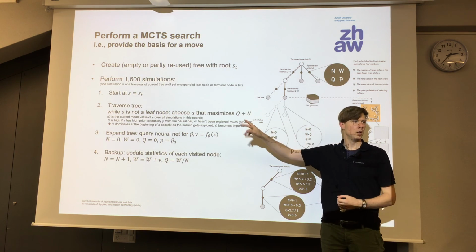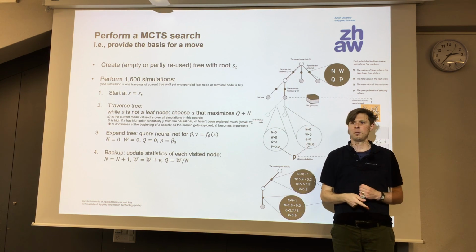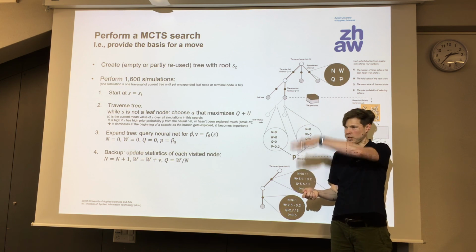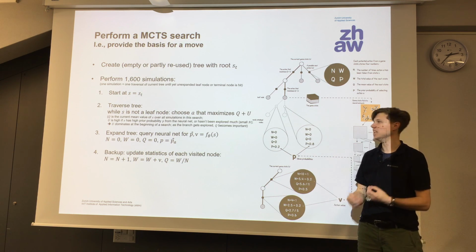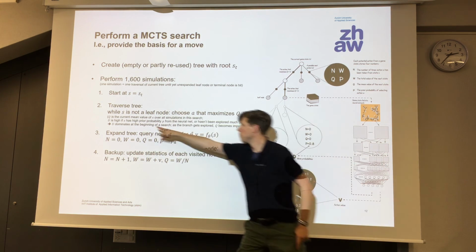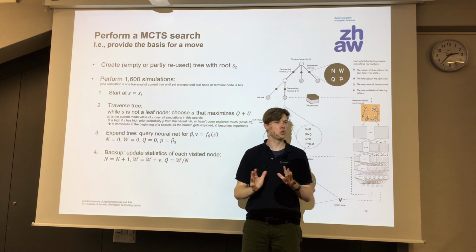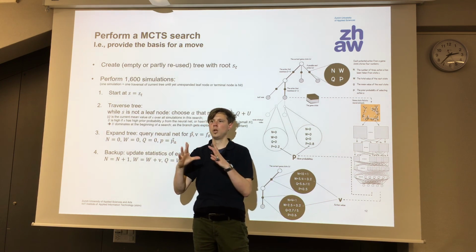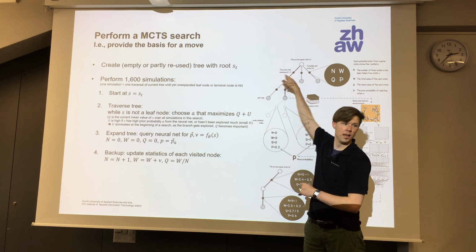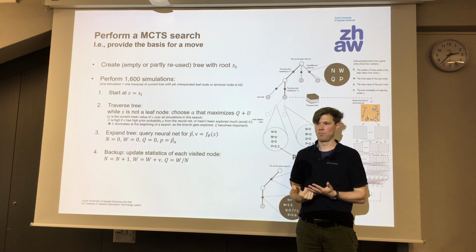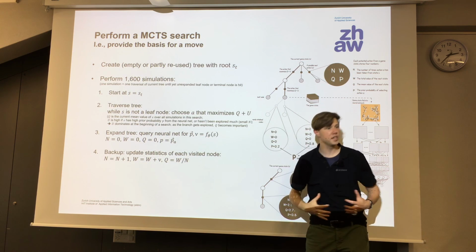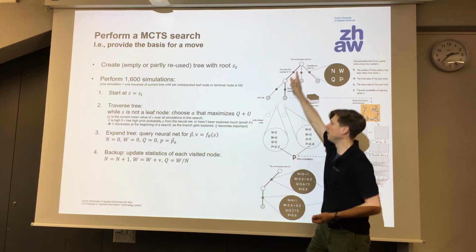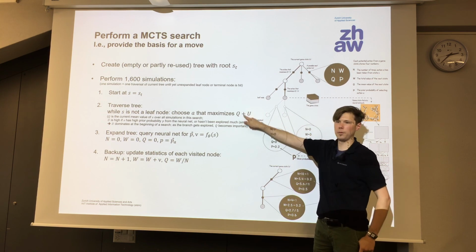But in the very beginning, when we just do the first iteration, this Q value is not something very reliable yet. It's a mean value over 1 or 2 simulations. So we cannot rely much on the mean. So then we rely more on U. And what U is, it doesn't matter too much how you compute it really. It's called an upper confidence bound. But it has to do with the prior probability of this action as originally given by the neural network. So if the neural network, the intuition module, originally says this action has a probability of 80%, then this will be somehow related to the U value, and we rely on this.